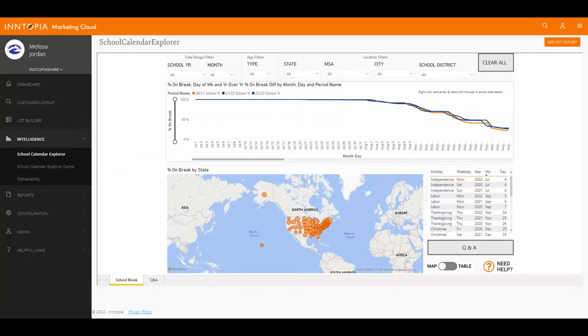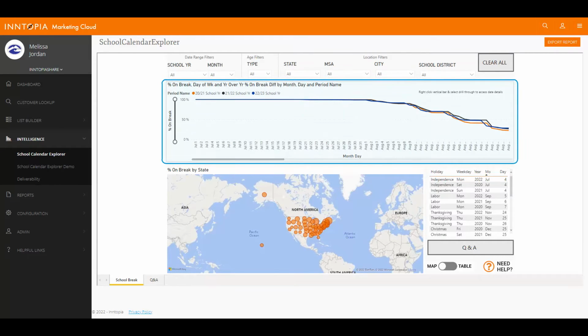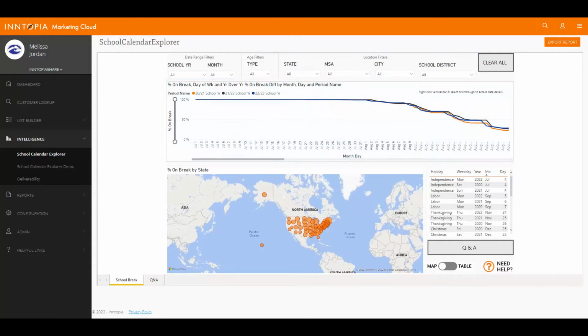When the report opens, you'll see several sections. The top section shows you the percent of students on break by date for the current and previous years. The map provides a visual representation of school break information by location. You can interact with the map to see localized details. To the right of the map, you will see a school holiday list that correlates with the criteria selected for